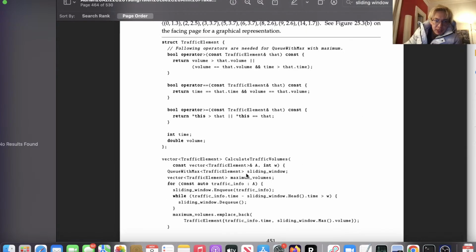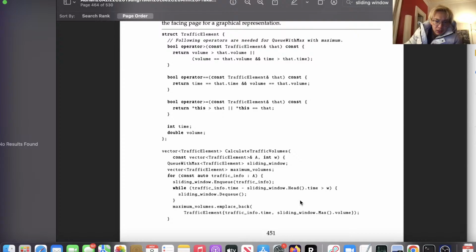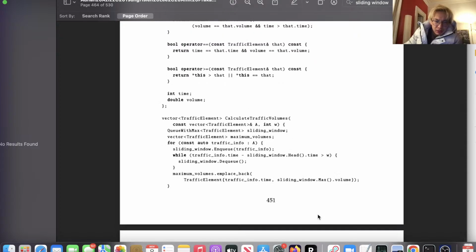Okay, so what happens once you dequeue that maximum element? So then they're saying that while you do that, they rescan that sliding window each time. Is that really what they're doing here? No, they maintain a queue with a max variable, right?